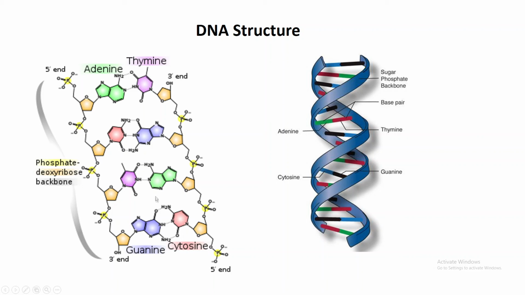As you can see, cytosine and guanine have 3 bonds, and also you can see adenine and thymine making 2 hydrogen bonds, and when this structure coils in a way, it makes this double